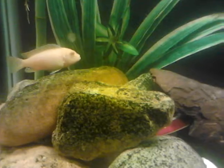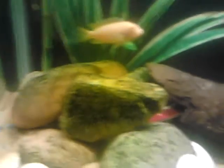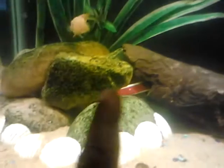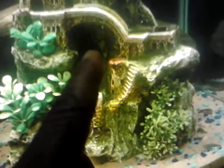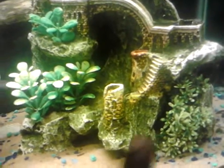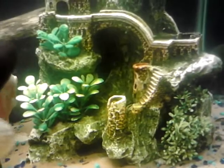I built these rocks right here, and he has a couple of little crevices he can go in and out of. Over here he can go inside this wood and rock pile. There's also this castle with a few entrances: one up top, one here, one on the side. He has a couple of hiding spots. The only thing is that